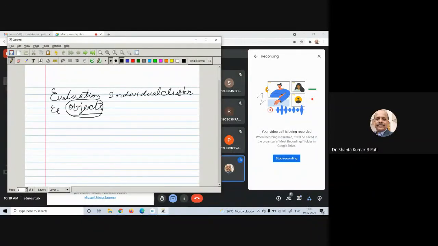One technique we use is called the Silhouette coefficient. If an object gives more cohesion and more separation, we consider it at the center of the cluster. If it is contributing less, we consider the particular object near the edges. By making use of this concept, we evaluate the clusters.